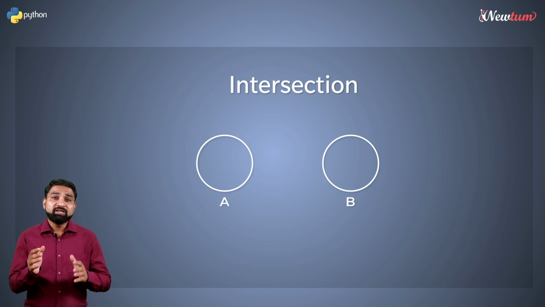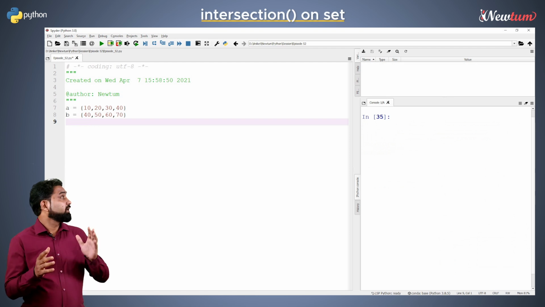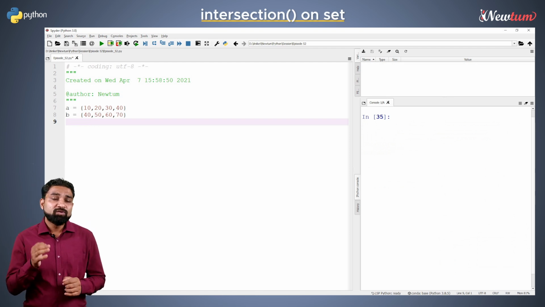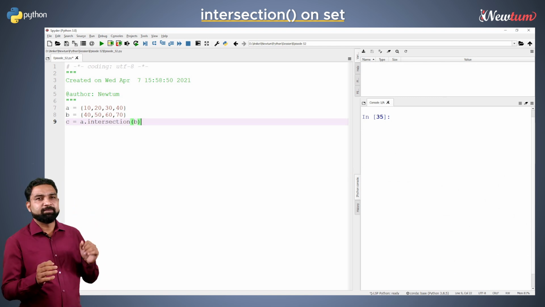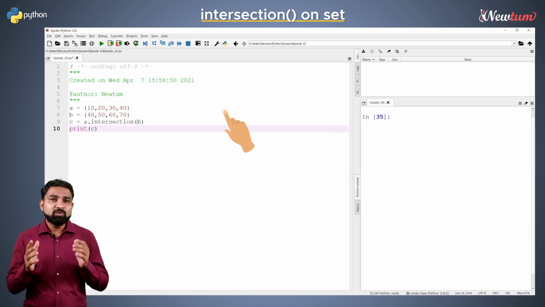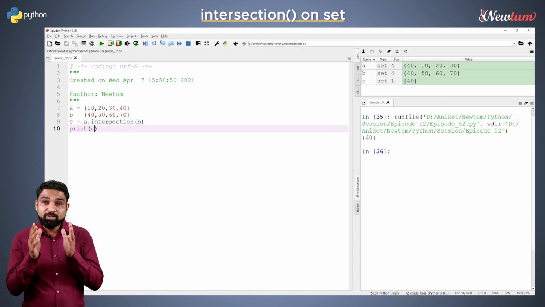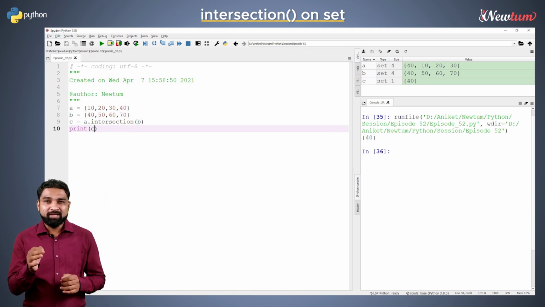The intersection is the common element of two sets. These are our sets A and B. Now we will write C equal to A dot intersection and in bracket pass the parameter B. Then print the set C. Run the code. You see we just got 40 in the set C because 40 is the common element in